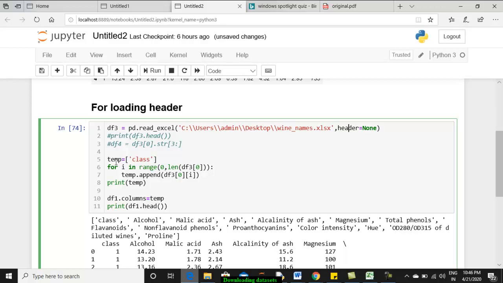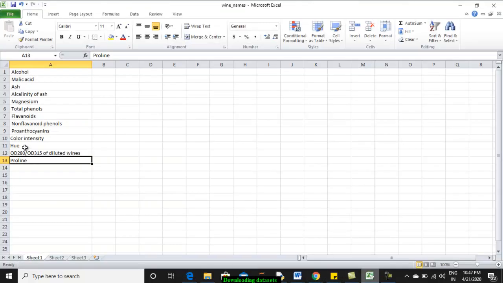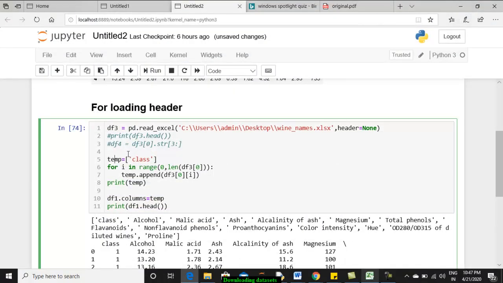If you look at this file, it has 13 attributes, but in the actual CSV file we have 14 because the first column is an output column which we call class. In order to maintain that, we are creating a temporary list with the first attribute being class, and our duty is to attach all the other attributes.